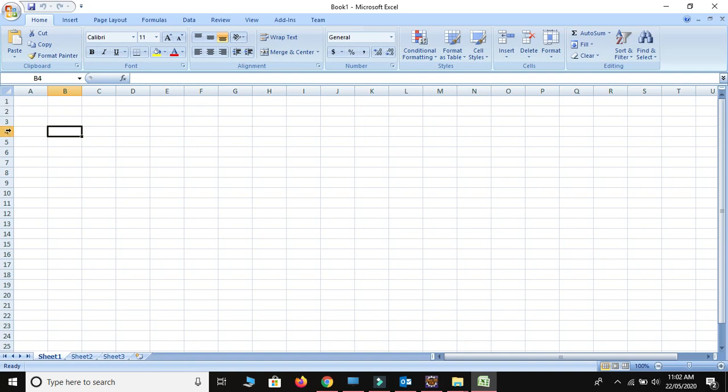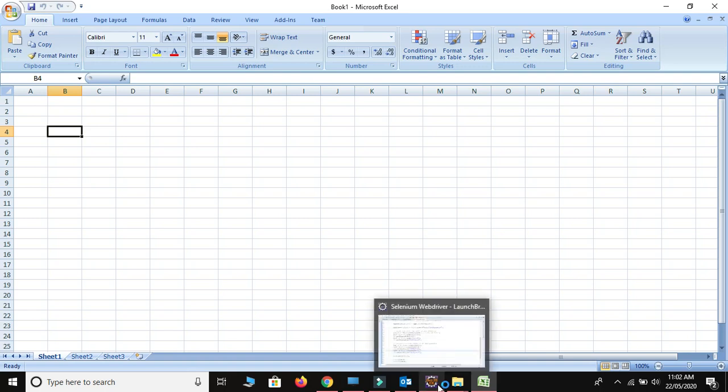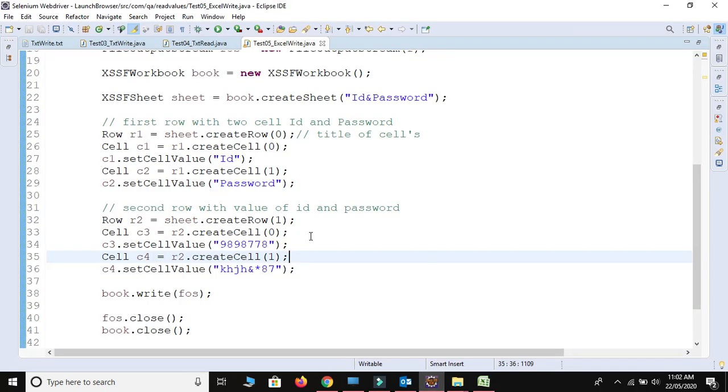This is the third row, and which cell? 0 and 1, so this is the location 3 of 1, third row and second cell. Same as an array list. Control Shift F, Control Save.